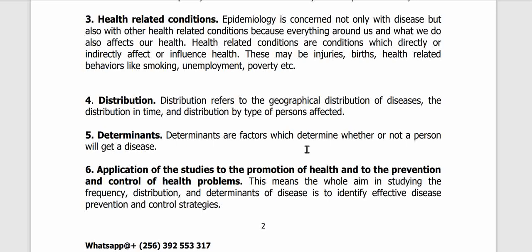Okay, so number 5, we have determinants. Determinants are factors which determine whether or not a person will get a disease. So what can that be? What can determine whether you will be able to get a disease or you won't? That one is basically based on the environment and also your chances or the risk of